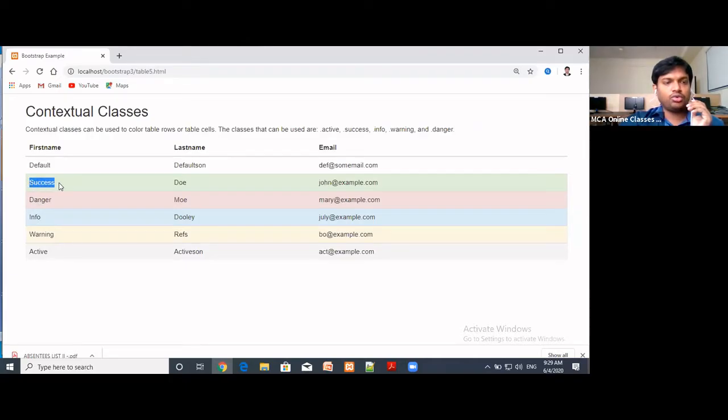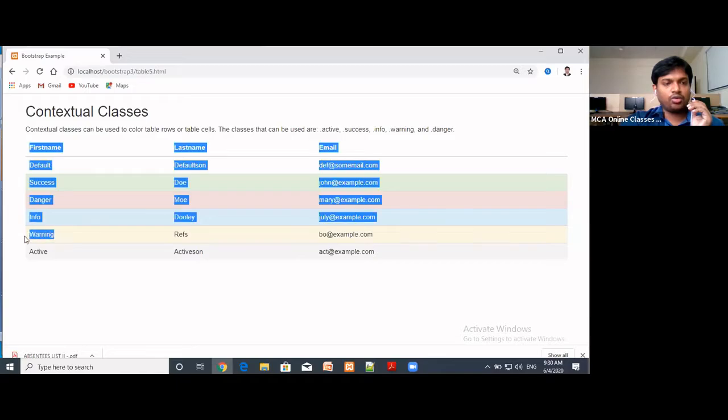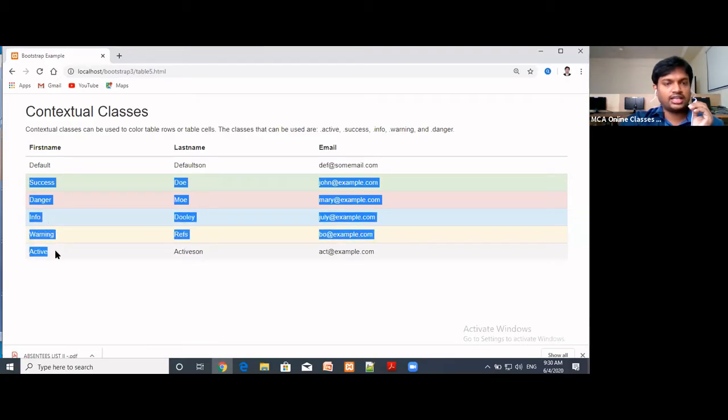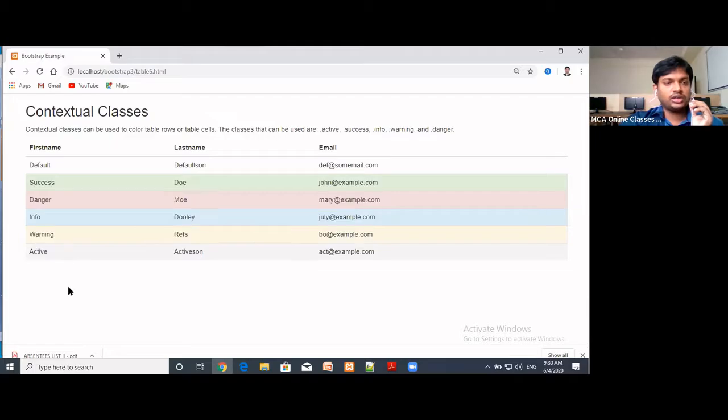Next, if you want success, this color will be displayed. Danger stands for this color, info this color, warning is this, and active is this. So these are the different contextual classes. There are 5 types of contextual classes: success, danger, info, warning, and active.